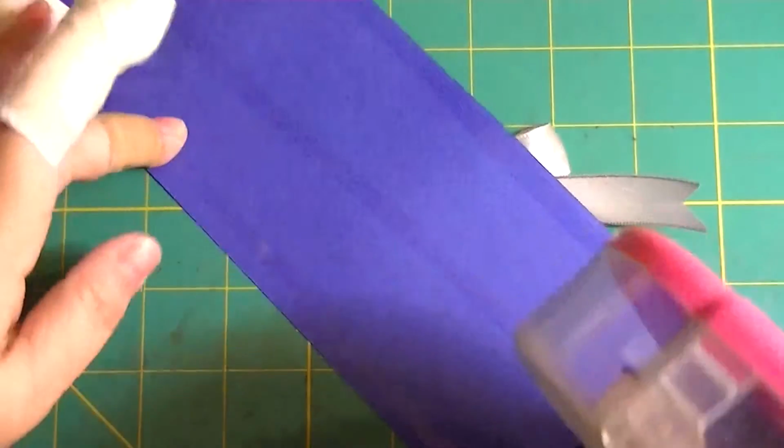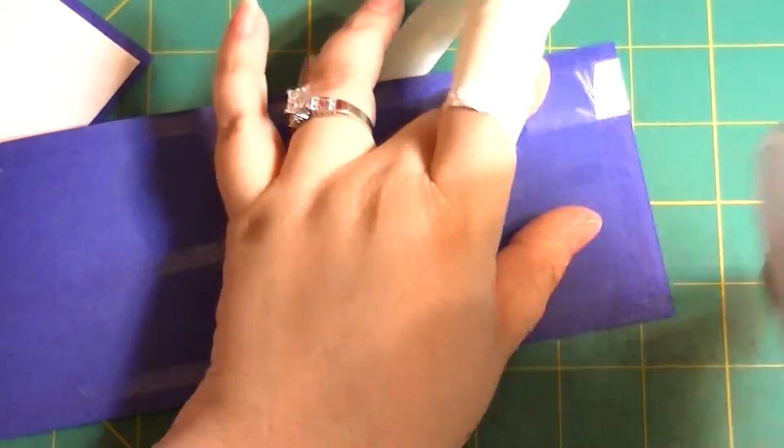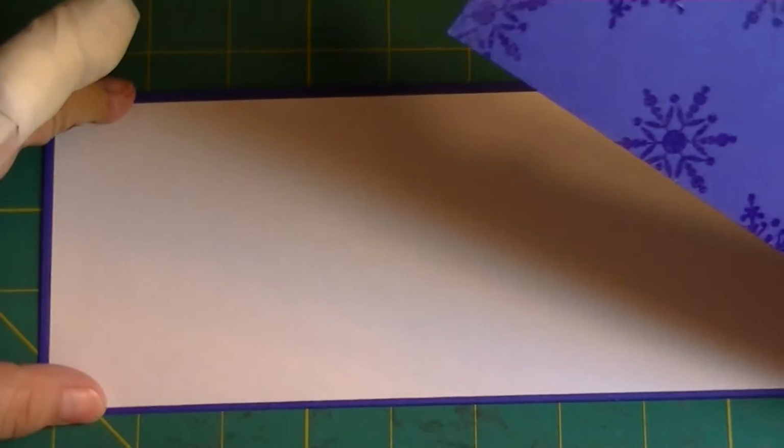I just wanted to make a different size card because I'm always making similar sizes, and I thought this was a perfect one. I don't remember the name of this one. I almost think it's Penguin Trio Blocks, but I'm not positive. So I will make sure to